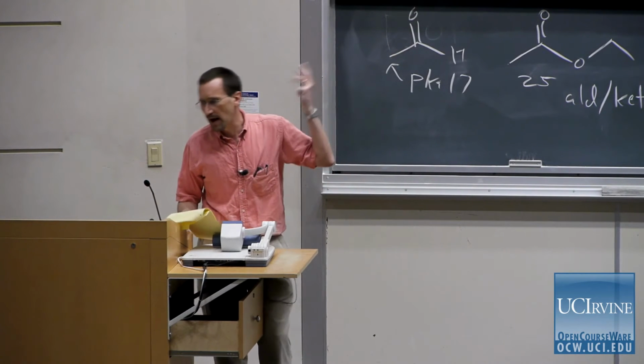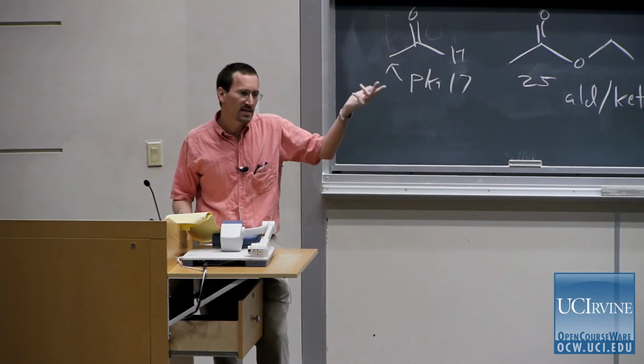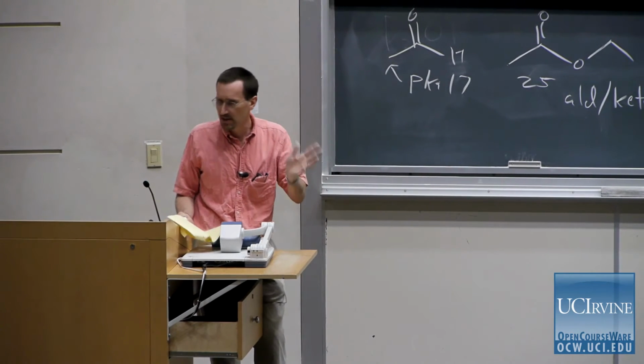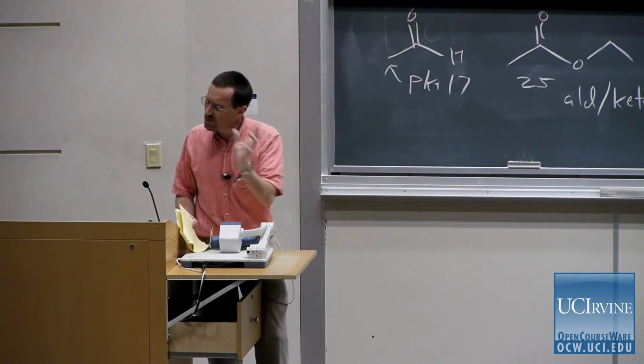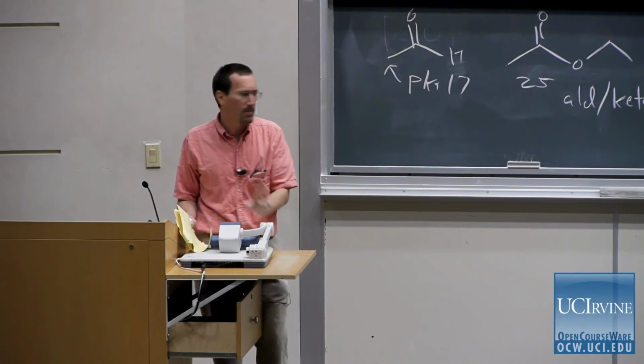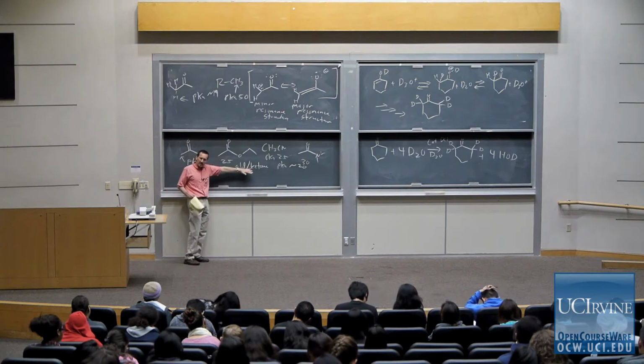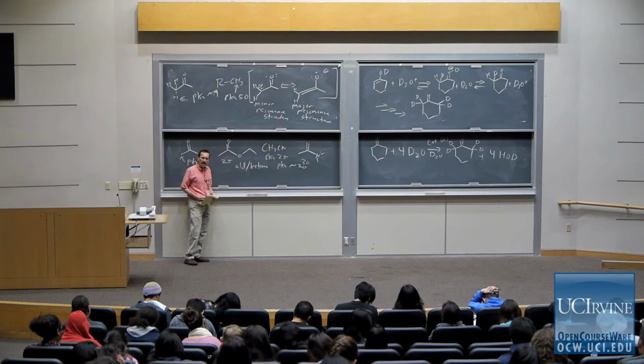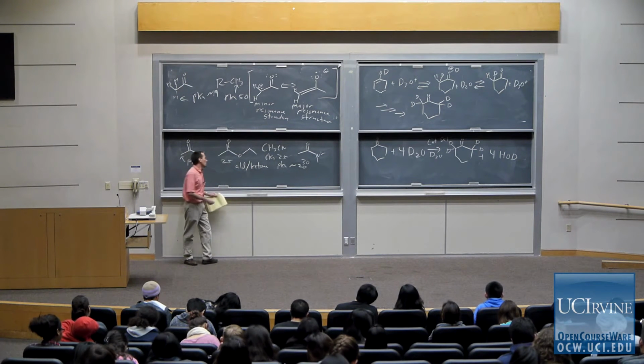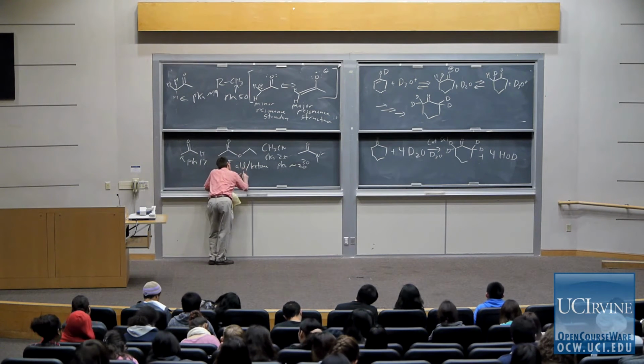I'll keep in my mind that 20 is typical for, say, cyclohexanone, that acetone is 19. But those details are small. Those are unimportant. The other big picture, while aldehydes and ketones are about pKa 20, in general, the carboxylic acid